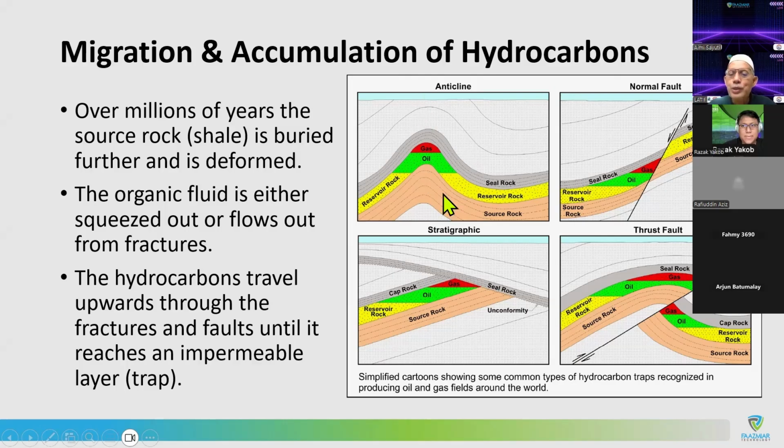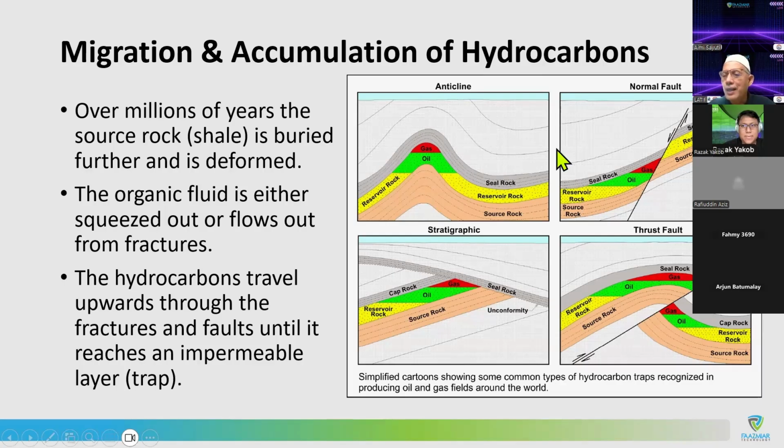So that's why what we believe is that most of the reservoir here or the source rock have been producing hydrocarbon, but if there's no trap, it will go to surface and be lost in space. So more or less like that. But in most cases, when we have the layers of rock, we have some good high porosity sand and low porosity shale. So that is what becomes a trap by itself.